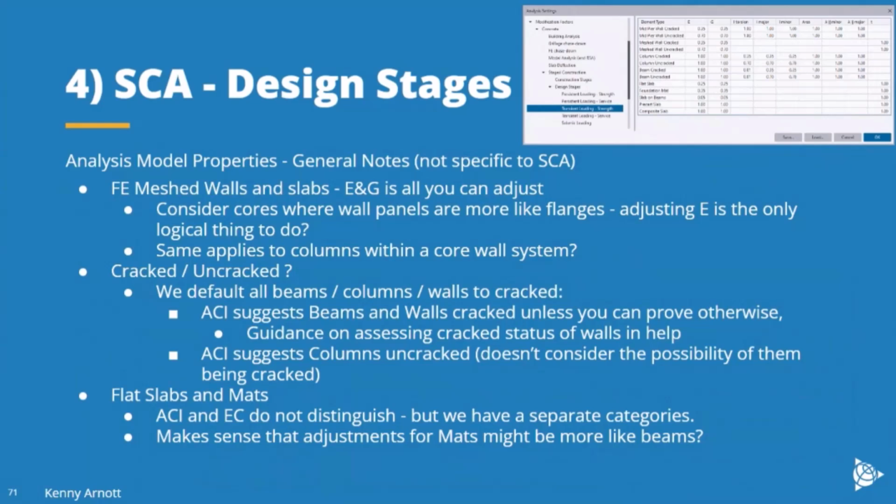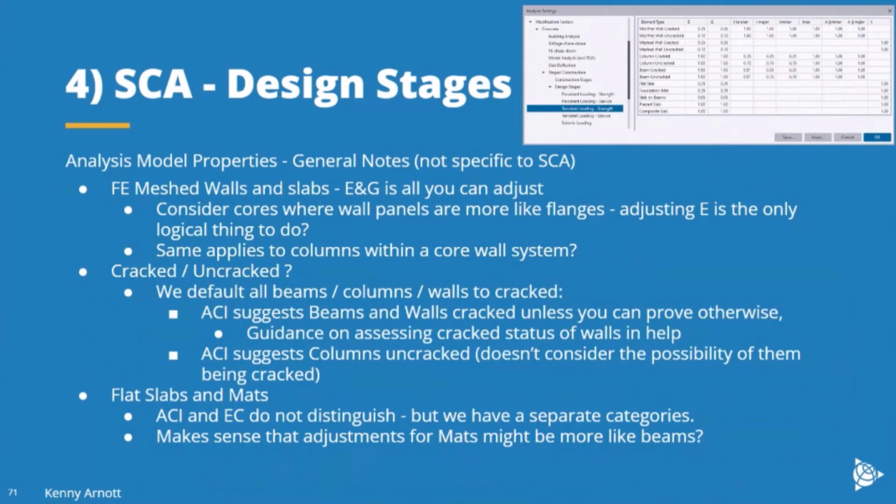If you think of a meshed core wall, if you were to idealize that in a more old-fashioned way with a beam element, idealizing each part, each straight length of the core system, and interconnect those in some way. If you were to only adjust the I's of each of those things, then that core wall overall would have